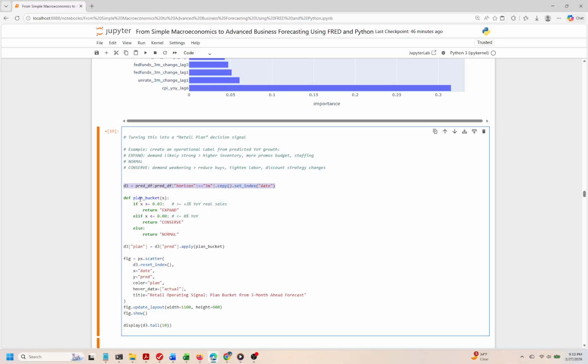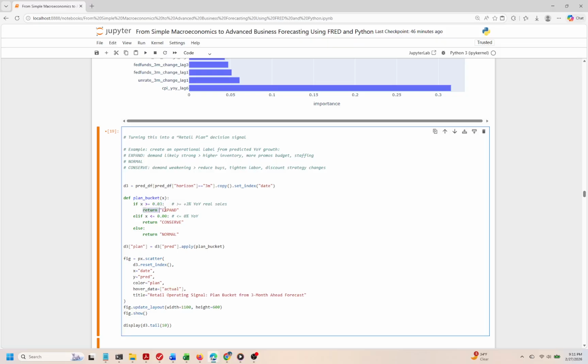By copying this subset and setting the date as the index, we prepare our data for analysis. Next, we define a function named plan bucket, which evaluates predicted growth rates to categorize them into 3 operational strategies: expand, normal, and conserve. If the predicted growth is at least 3%, we interpret this as a signal to expand